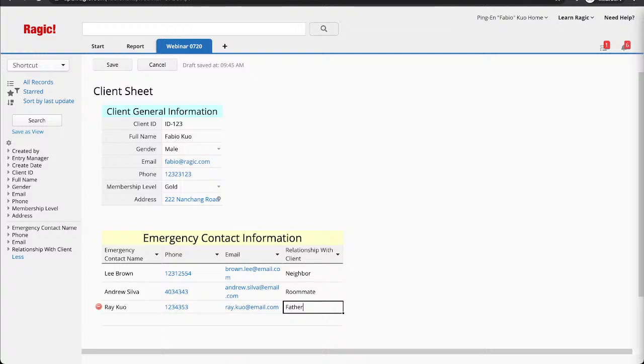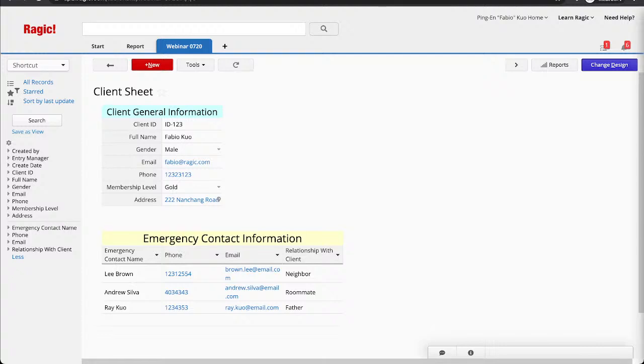And after you finish entering a record, you can click on Save. This will be the form page of your data. And if you have noticed previously, in the subtable right here, it by default gives you 3 empty rows to enter your data, or sort of to specify that this is a subtable. However, if you enter more than 3 records, it will automatically give you an empty row for you to enter a new record. So don't worry about the number of rows that your subtables have. It will automatically give you a new row once you have filled the spaces in the existing rows. And this is the form page.